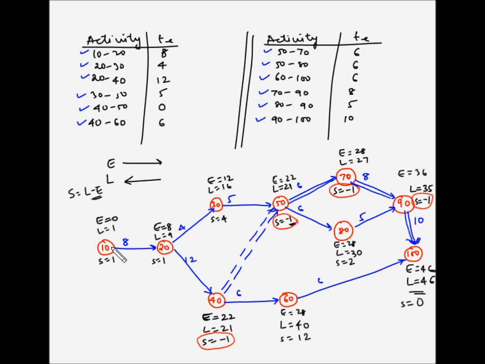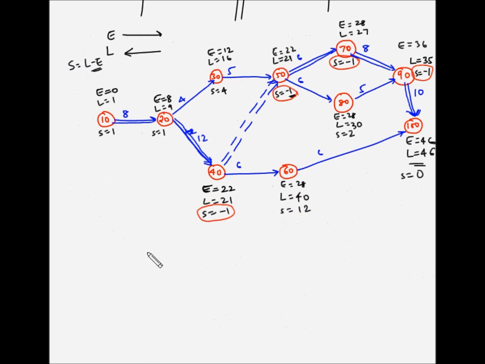Now from 40 to 10, the activities will be on the critical path. So 10 to 20 is on the critical path and 20 to 40 is also on the critical path. So this duration is 12. So our critical path is 10, 20, 40, 50, 70, 90 and 100. And the duration of the project will be 8,